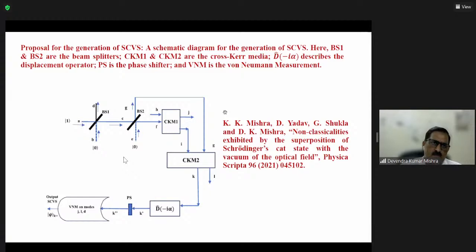The proposal for generation of our proposed state is given here in a building block diagram. A schematic diagram for generating SCVS. Here VS1 and VS2. Here SCVS helps for superposition of Schrodinger cat state with vacuum state. So using this scheme, we tried to generate the state having only n equal to 0, and for higher number of photons we can try this scheme also with some rigorous analysis. So at input of BS1 we mix the single photon with vacuum, and